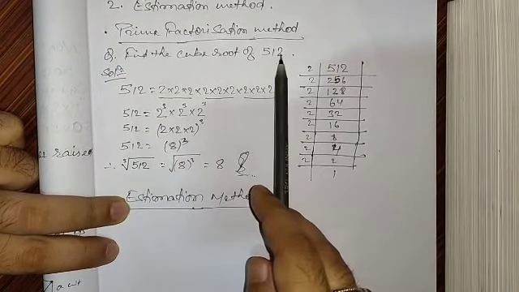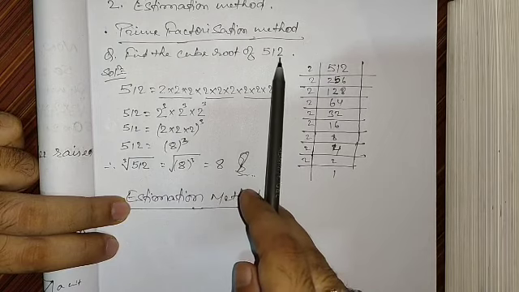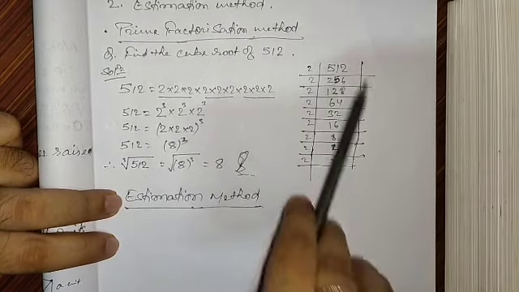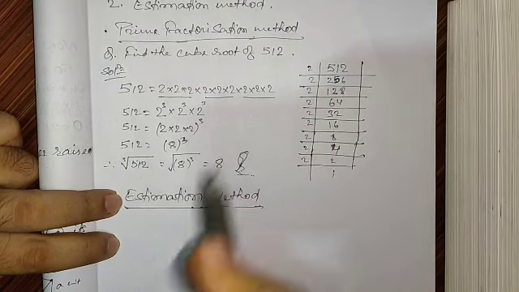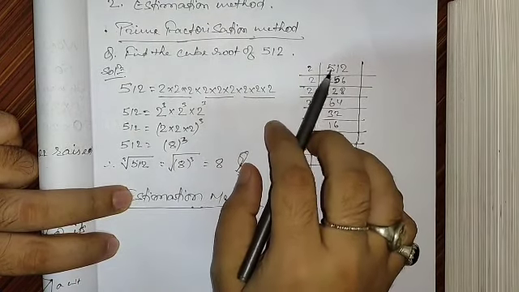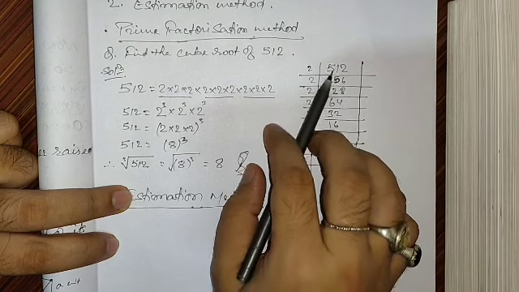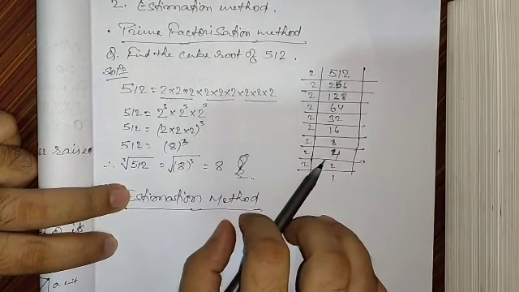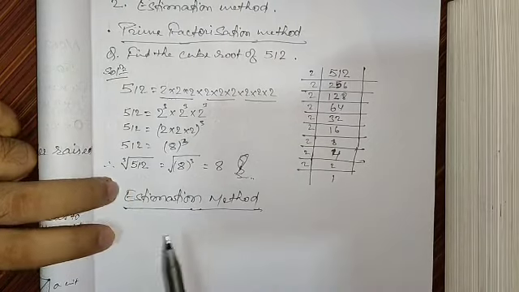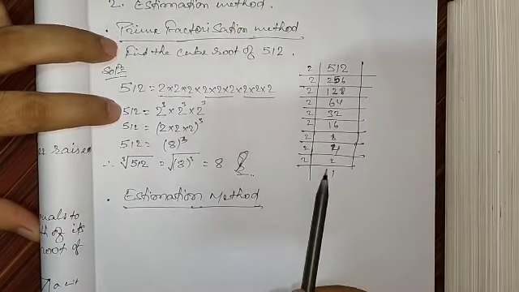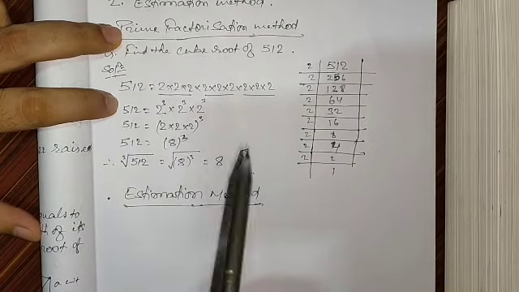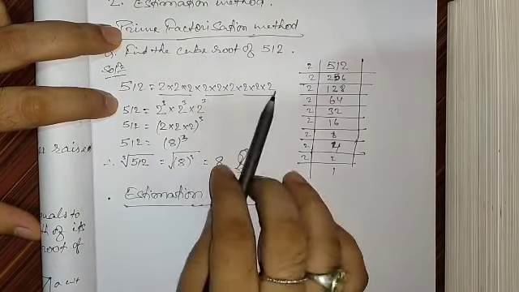Find the cube root of 512. We have to find the cube root of this 512, so obviously we are going to factorize. Here is the factorization which I have done for you. You can see 2 to the 4 and then 11. So 2 5s are 10, and then 1 carries over. So 12. So 2 6s are 12 and 6. Similarly, I have done the remaining multiple divisions, and we found that 512 can be written as a product of these prime numbers.